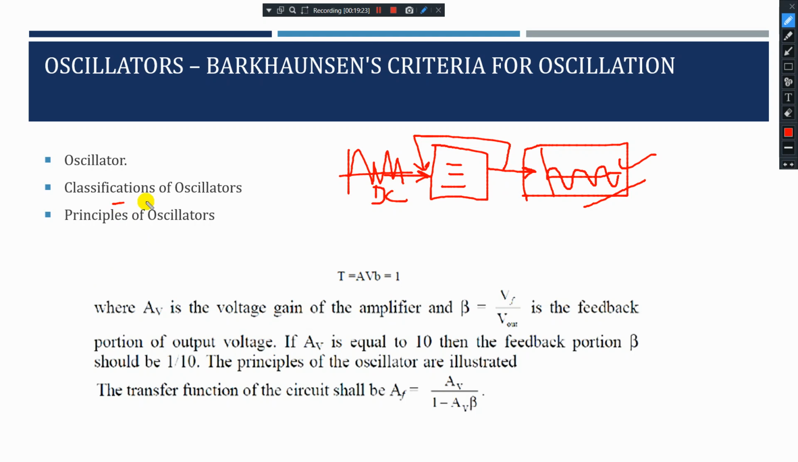Okay, that is about the classification of oscillators. So what are the principles of oscillators? Here, the operation of an oscillator is based on the principle of positive feedback, where a portion of the output is fed back to the input without phase change. So always remember, the operation of an oscillator is based on the principle of positive feedback, where a portion of the